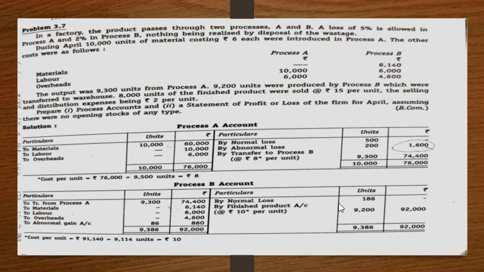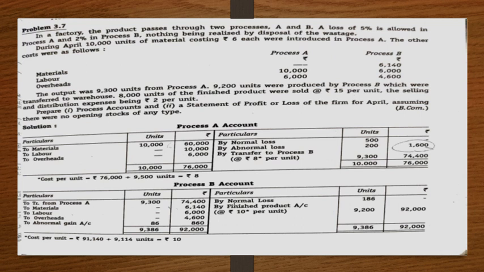Out of these 9,200 units, they are selling 8,000 units, at 15 rupees per unit. So the actual cost is rupees 10, but they're selling it for 15. They've also given us the expenses here, which is selling and distribution expense of rupees 2. Keeping all this in mind, let us do the calculation to find out whether we're getting profit or loss.